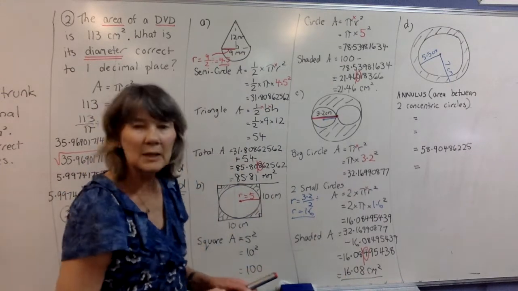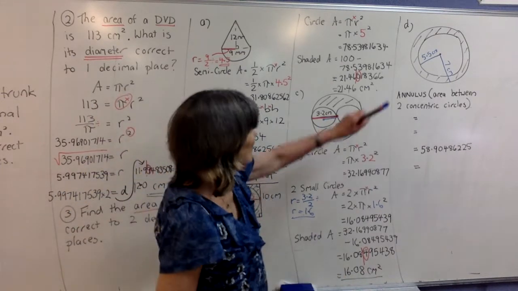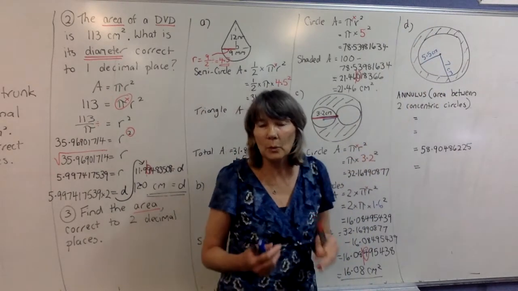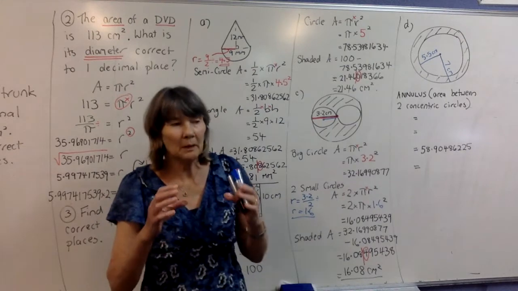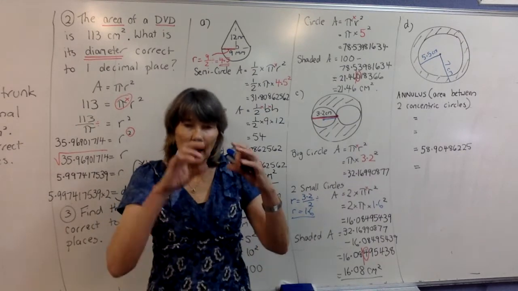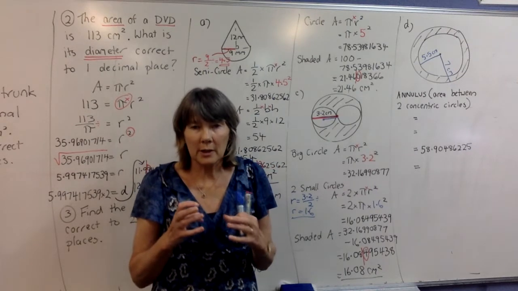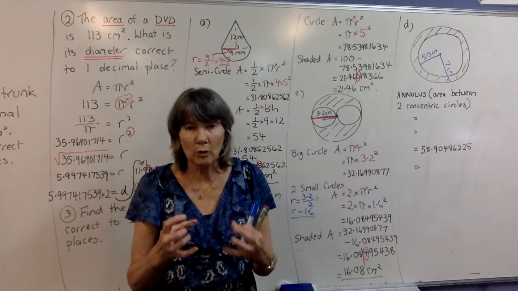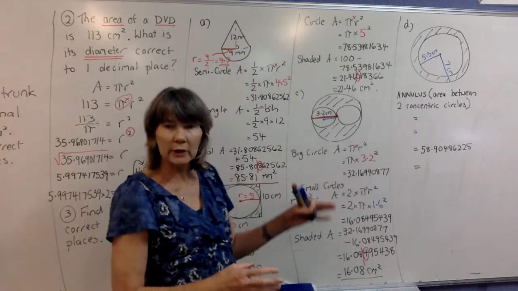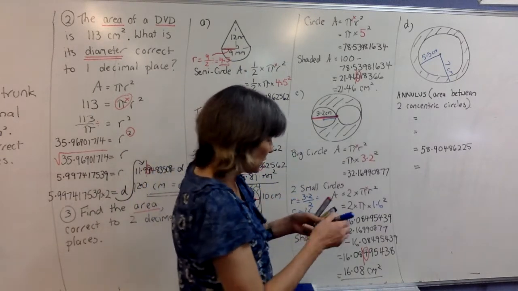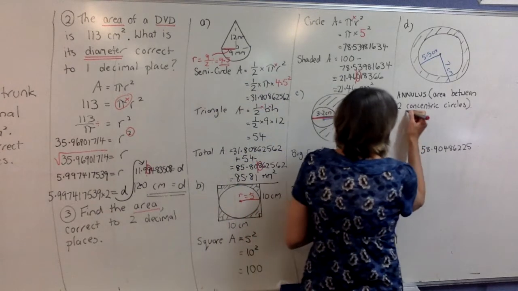Okay, now this last question here is also looking at a shaded area. Now it looks a little bit like a donut, and a donut has a hole in the middle. This has a hole in the middle too. But the difference is that a donut is a three-dimensional thing, and this is not. This is 2 concentric circles. So for those of you that aren't sure about what that means